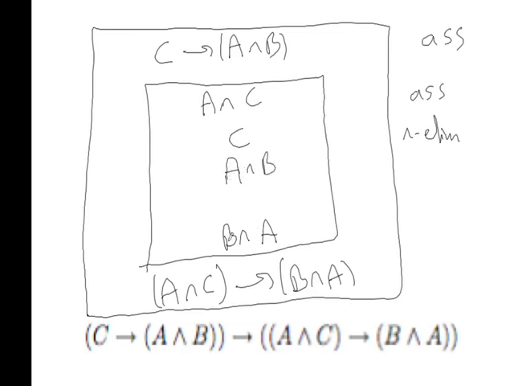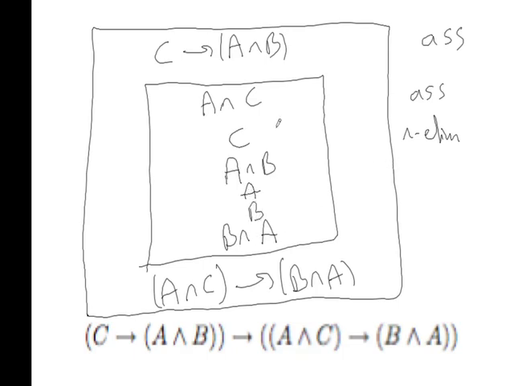Now we're almost done. We have A and B. Our target is to prove B and A. So we can get an A here, and we can get it from this line. How did we get that one? We got it from this one. We can get A, and we can also get B, and then we can build this up.